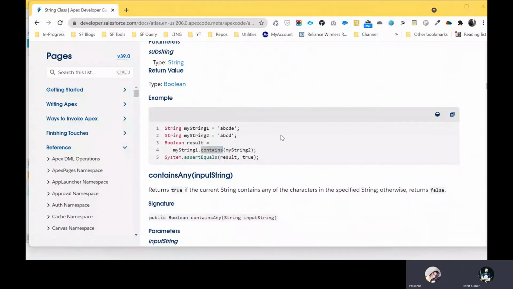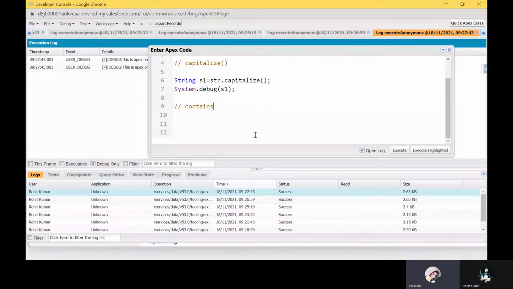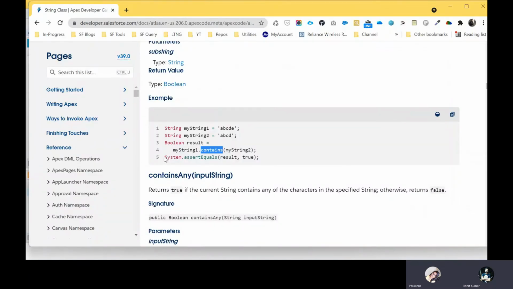I have one doubt. What is that assert equals? Assert equals is basically used for testing. I will show you in an upcoming session how to do the testing. So system has one method called assertEquals, and here you can see this result, it is coming from here, true. It has two parameters: the first is the result and the second is true.